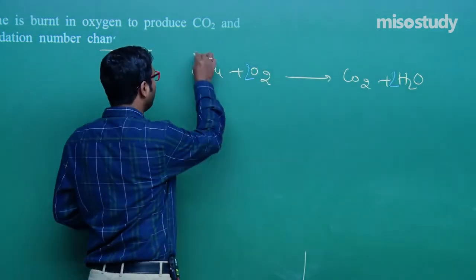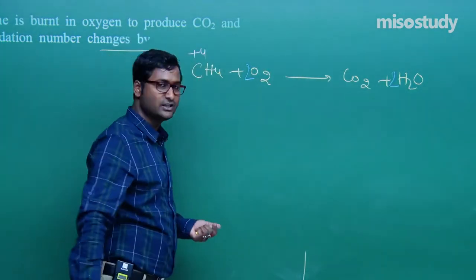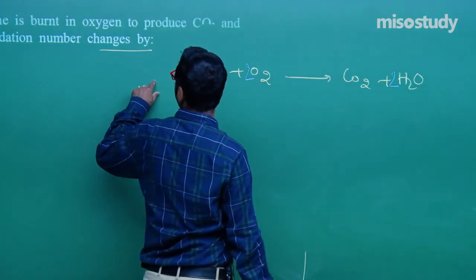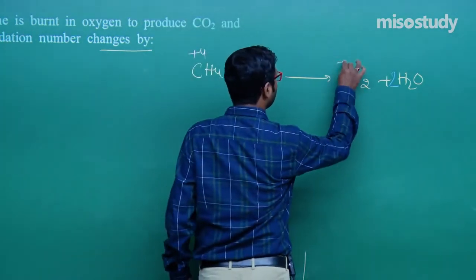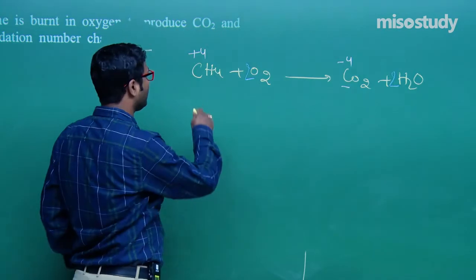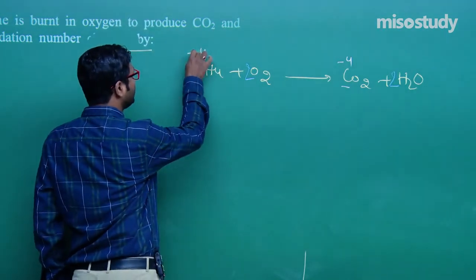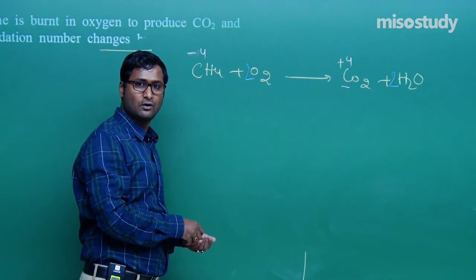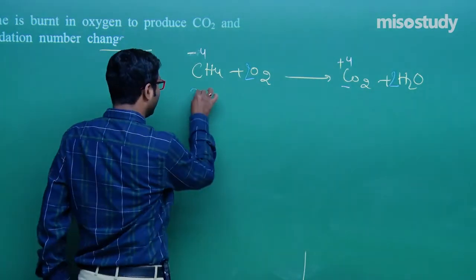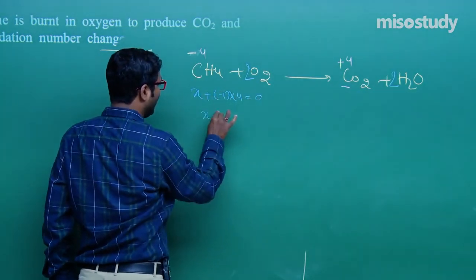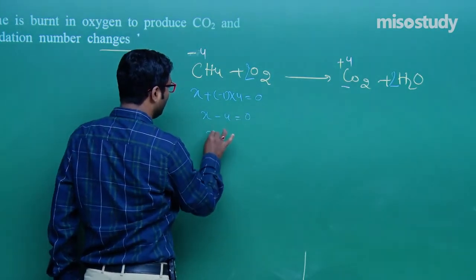Clear? Now here carbon is in +4 oxidation state. Now CH4, methane, here carbon is in -4 oxidation state. Look at it, am I right or wrong? Sir, you are wrong. Here carbon is in -4 oxidation state and here carbon is in +4 oxidation state. Check it out: x plus (-1) into 4 is equal to 0, x minus 4 is equal to 0, x is